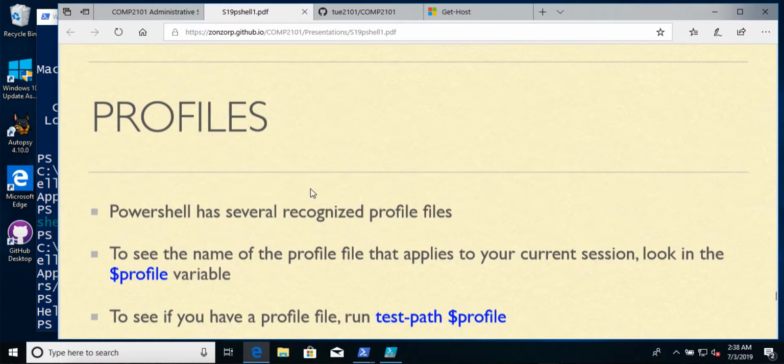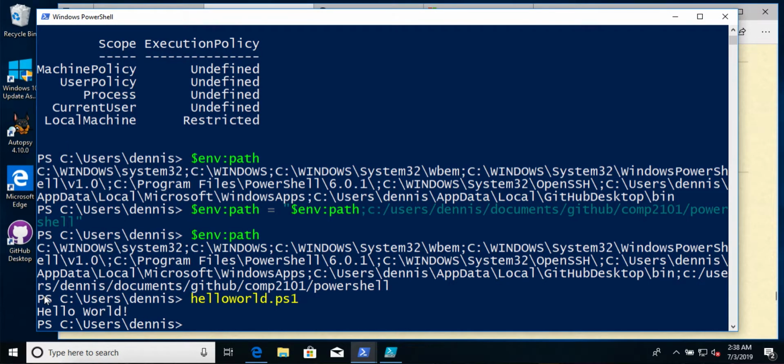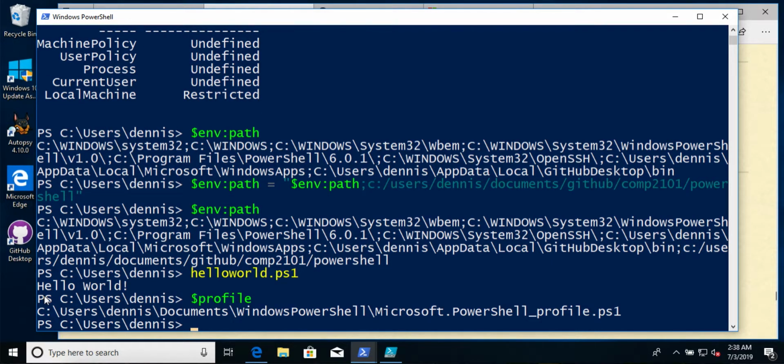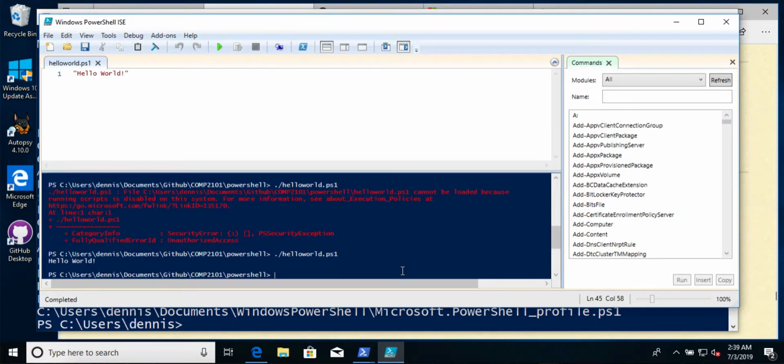To see what is in the variable, just like with the path variable, you can simply enter $ and the variable name, in this case profile. And we will see that if we had a profile file at C:\Users\Dennis\Documents\WindowsPowerShell\Microsoft.PowerShell_profile.ps1, that would be a PowerShell script, it ends in ps1, that gets run whenever I start my PowerShell command window. If I were to do the same check in PowerShell ISE